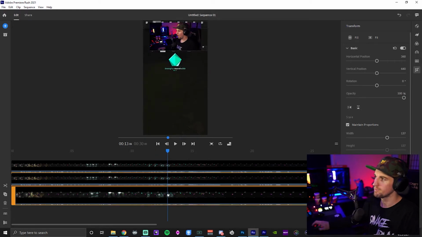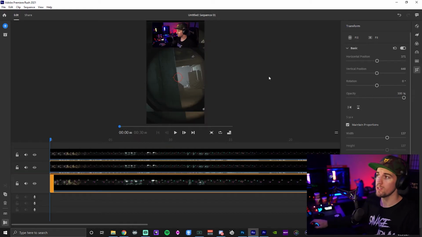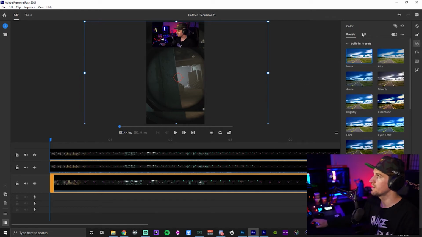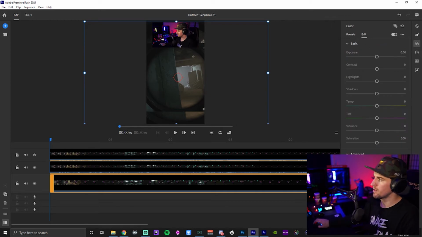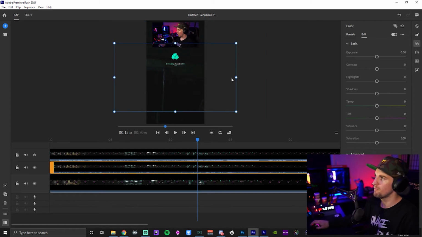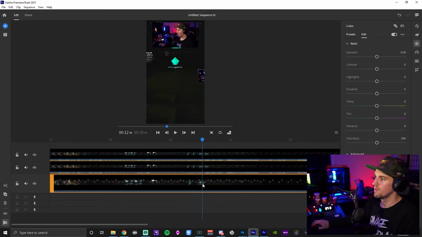Okay, so the next thing that we're going to do is add a blur to our background. So you want to make sure you're clicked on the background layer. You're going to hit color, edit, and you're going to lower the sharpening to 0 or -100. So going up high makes it sharper. Going down low makes it blurred. So if you watch, we'll make this one a little smaller so you can see the effect a little easier. If you watch,